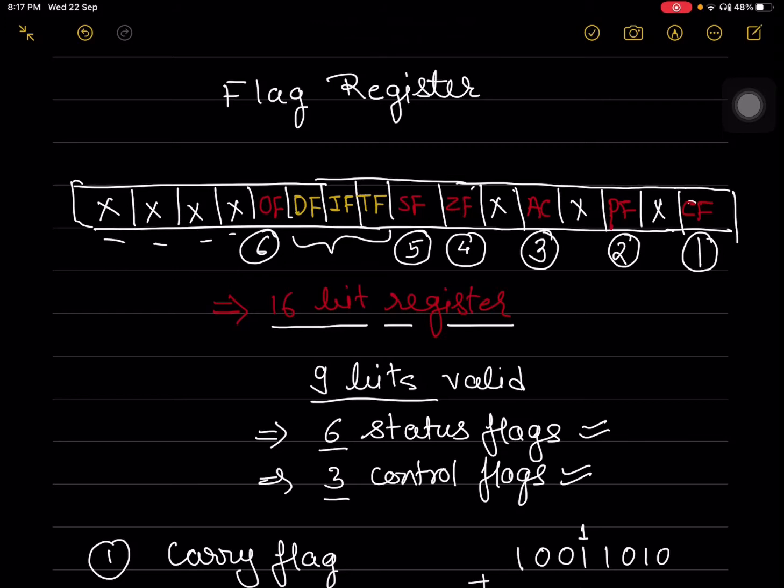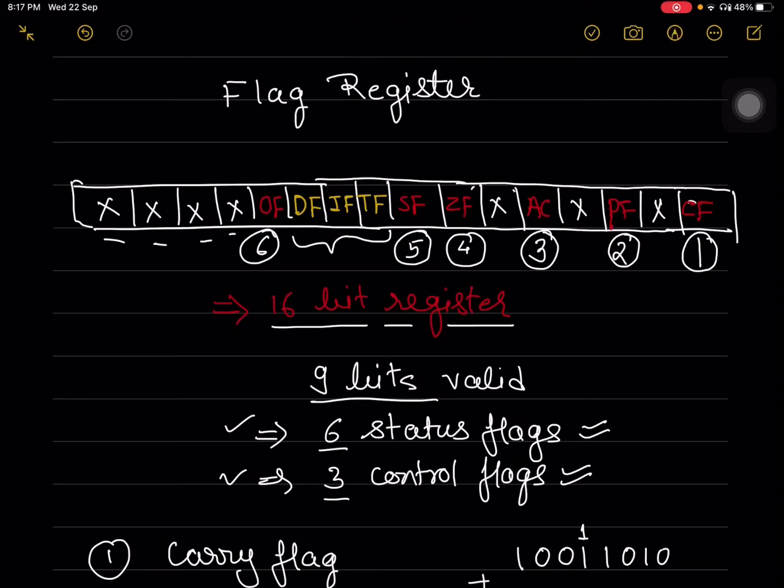Actually, these flags are responsible for two important functions in the microprocessor. They give the status of the result that is carried out within the arithmetic and logic unit, and they control certain operations of the microprocessor. So depending on that, the total 9 flags available in the flag register are categorized as 6 status flags and 3 control flags.